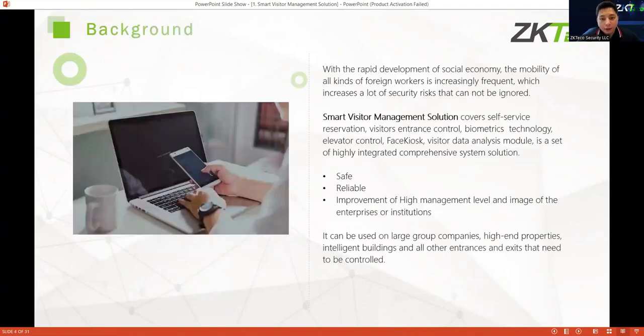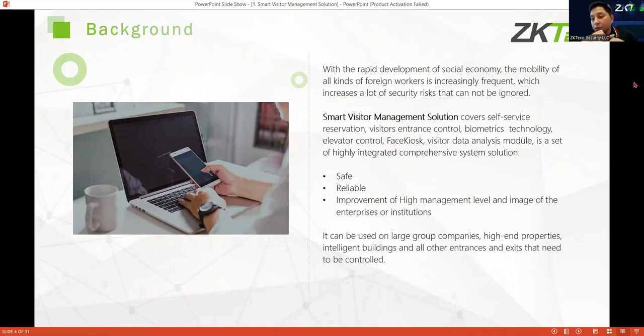First is the introduction. With the rapid development of the social economy and the mobility of foreign workers becoming increasingly frequent, there is a lot of risk for the company. So smart visitor management solutions cover self-service reservation, visitor entrance control, and biometrics technology.